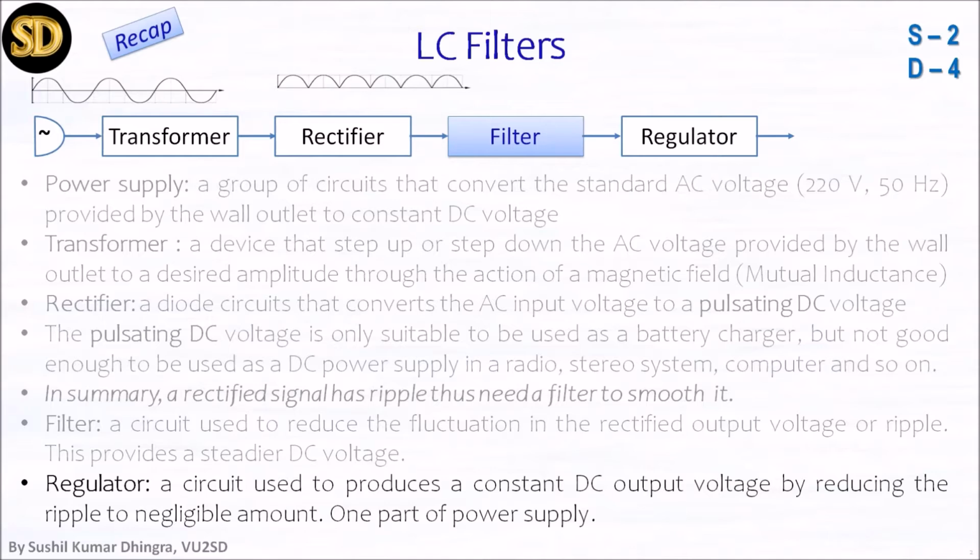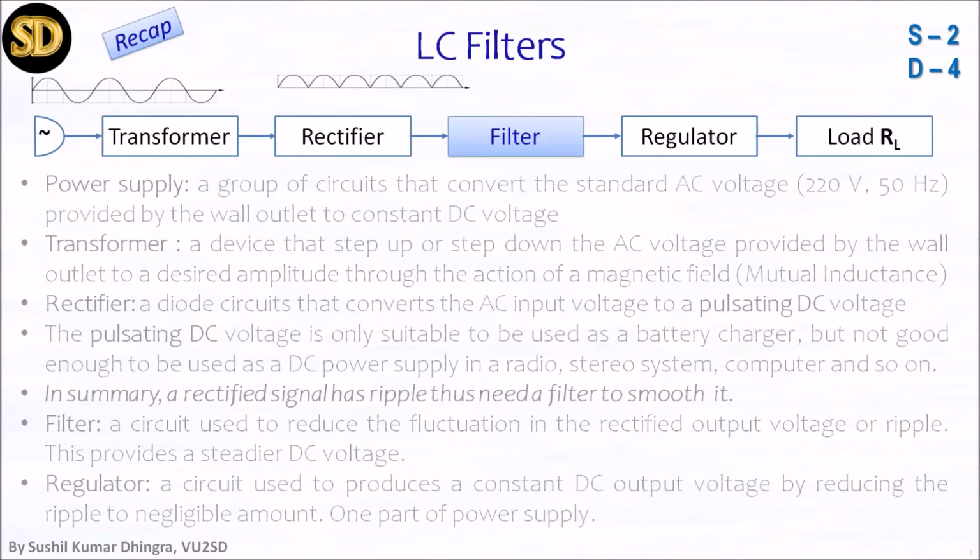And one more thing, as per ASOC I need only the Zener diode. Otherwise I could explain the positive voltage regulator such as the 78 series, or the negative voltage regulator such as the 79 series, or even operational amplifier based current or voltage limiter regulators, but the exam is not asking, so I am not going to cover such parts. So I continue, and this regulated power supply will go to the load RL, which is your device.